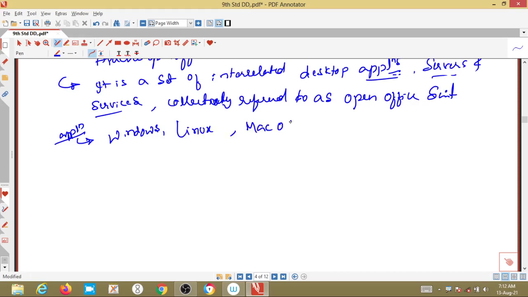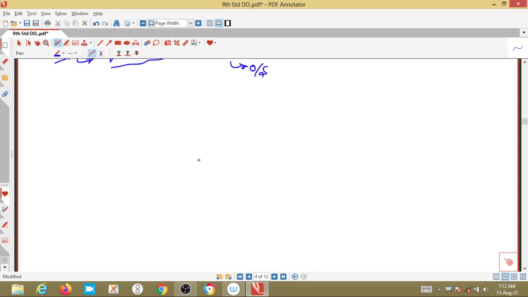Mac OS is also an operating system. In all these operating systems, this Apache Open Office Suite can be installed. Clear?